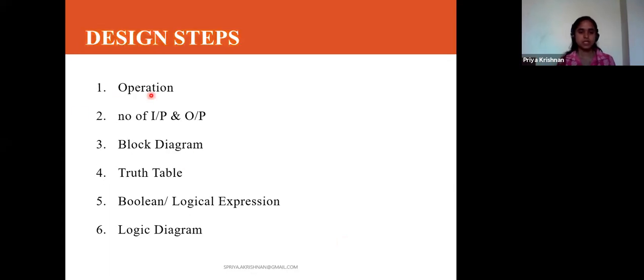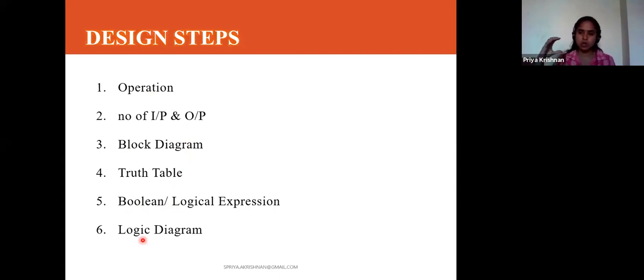So we know what the design steps are. The first one is what operation I want to do. I want to do the addition operation. Then number of inputs, number of outputs, block diagram, truth table, and then the Boolean expression or logical expression. Then finally the logical diagram. Once you conclude with the logical diagram, it's very easy.